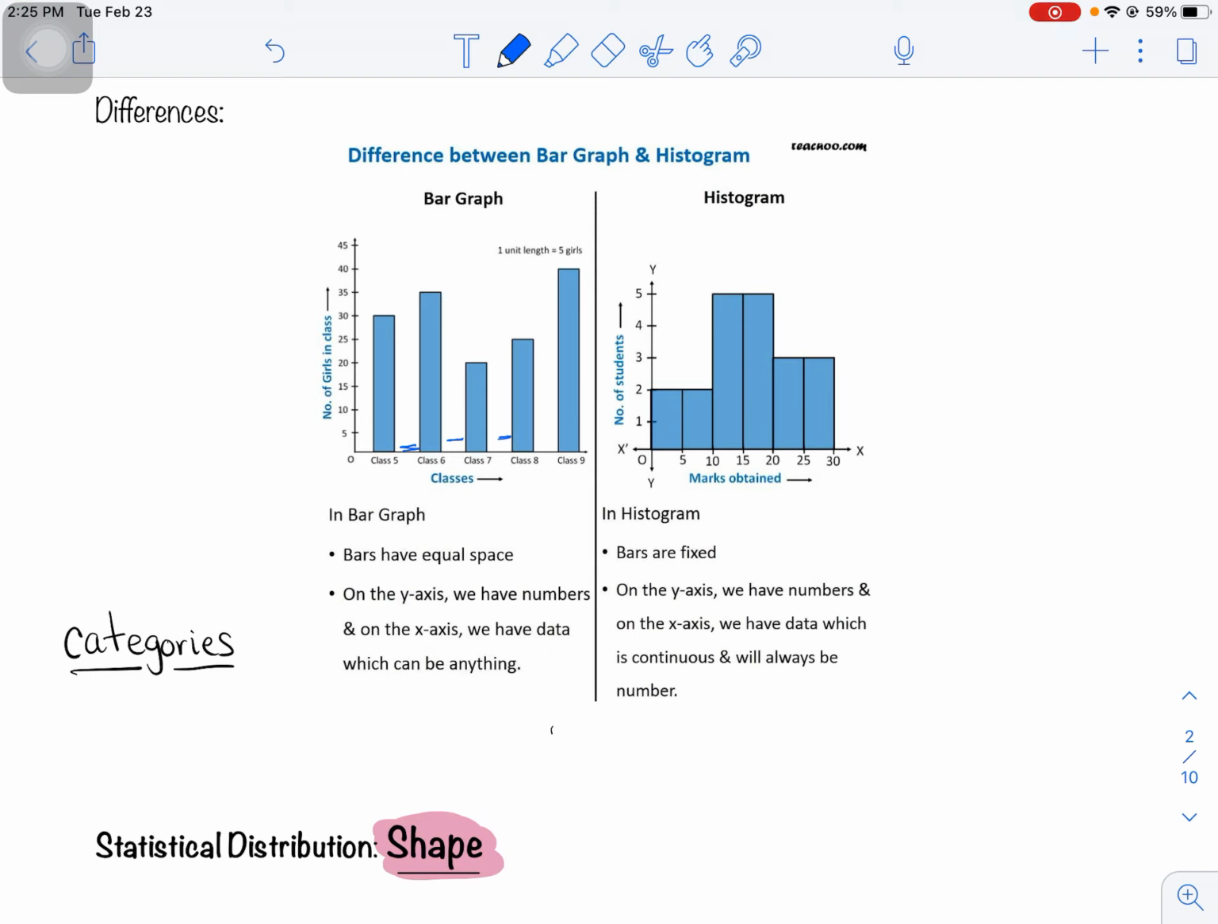So this is like class 1, 2, 3, so forth. Whereas a histogram, the bars are fixed. There's not spaces between them. The y-axis, we again have numbers or frequency. And on the x-axis, we have continuous numbers as well. So our number starts. We have ranges and intervals of class between